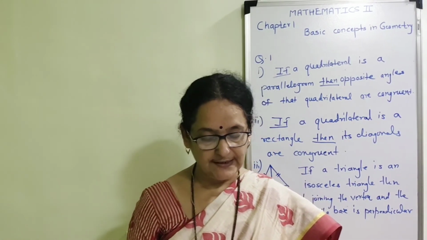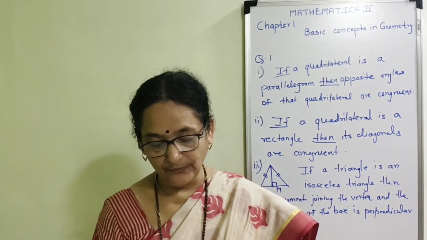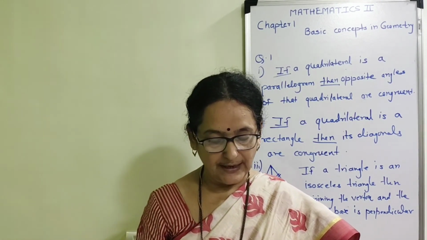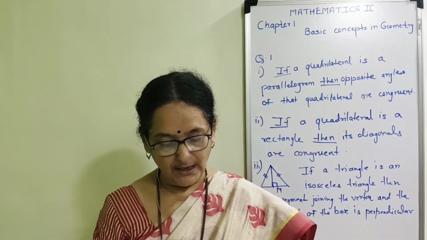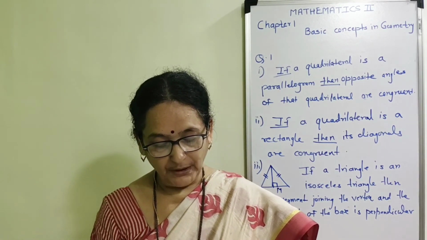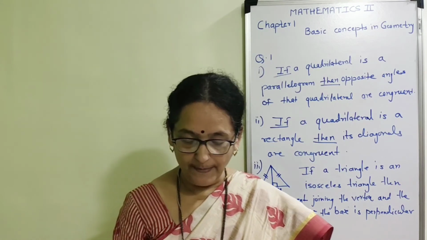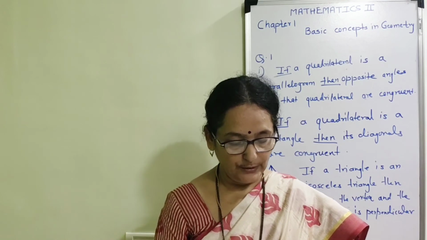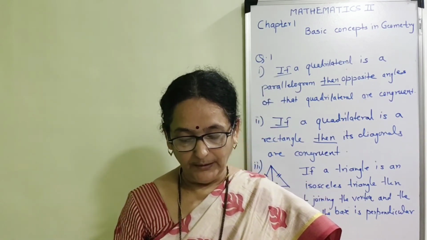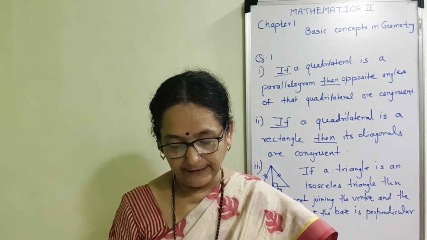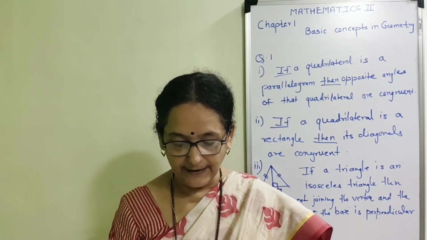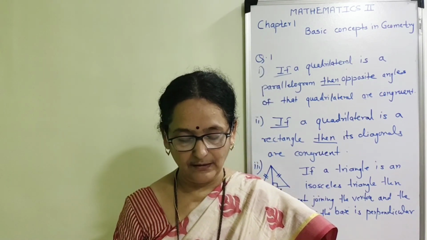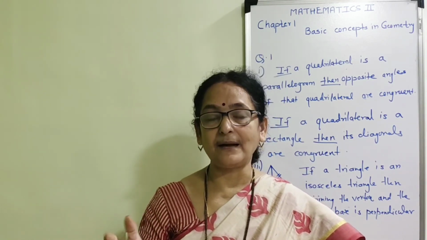Now the next question is given: write converses of the following statements. Here the statement is given and you are going to write the converse of the given statement. I am going to discuss it orally. The alternate angles formed by two parallel lines and their transversal are congruent. Now I am going to write the converse. If the alternate angles formed by two lines and their transversal are congruent, I have not mentioned that the lines are parallel, then the lines are parallel.